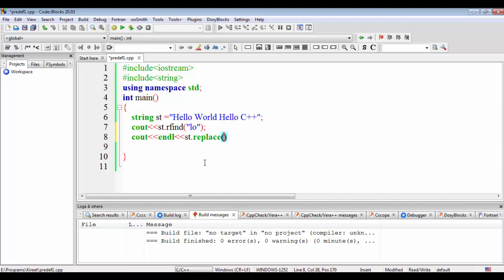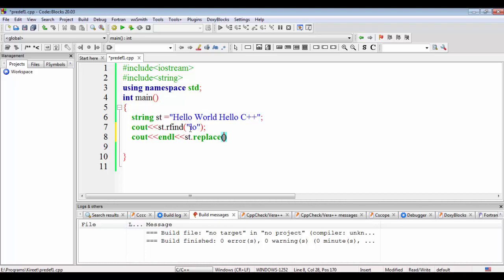For example, if I want to replace from this w, and I want the length to be, for example, 7, 1 2 3 4 5 6 7, from this w to this h, the string should be replaced.